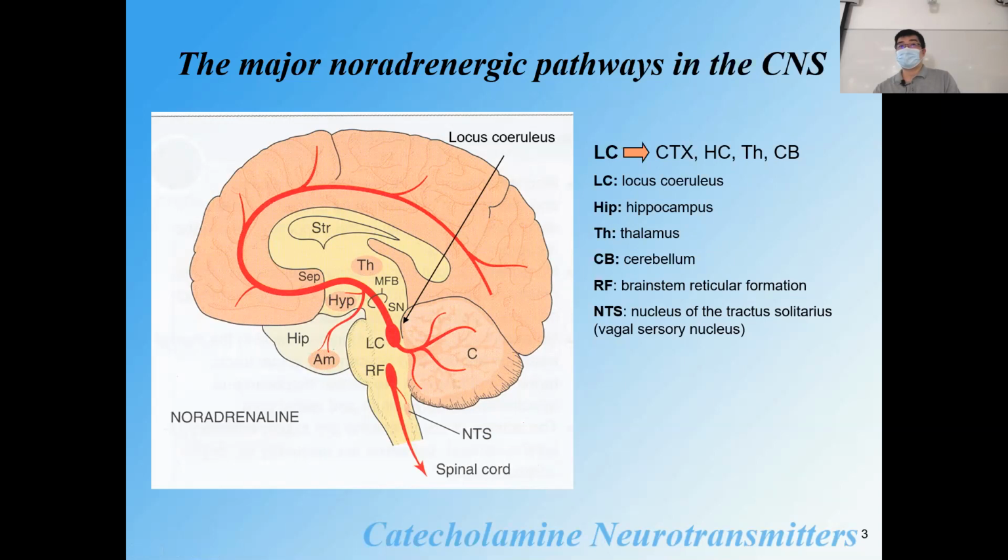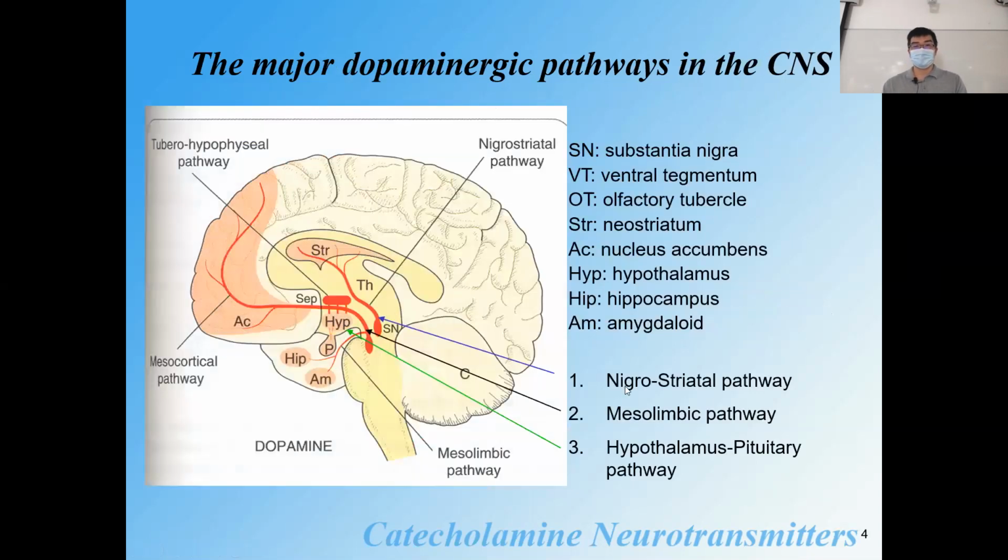Because those outside, if you still remember in the sympathetic pathway, from the preganglionic, so that's from the spinal cord to the postganglionic neurons, the ganglia. That one is acetylcholine, and then outside the ganglia, those use noradrenaline as well. Same as in the adrenal gland. Those are different. So okay, this one is in the central nervous system.